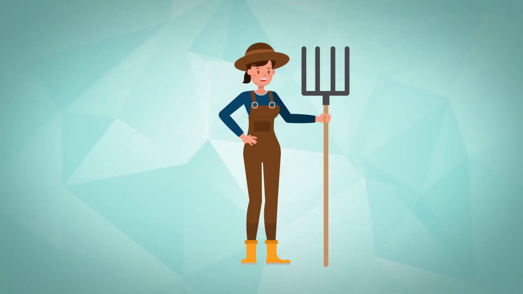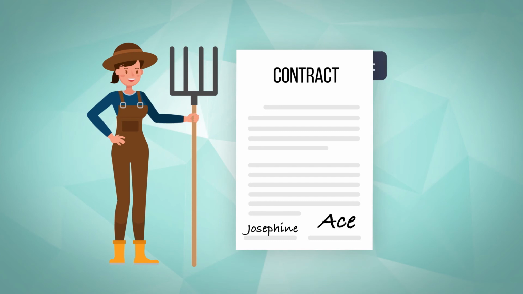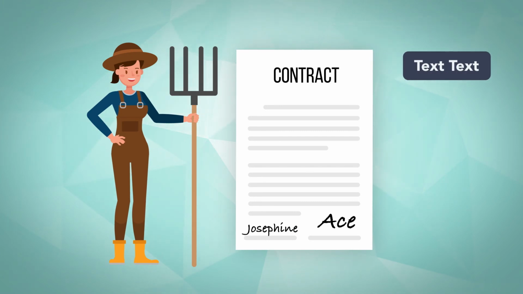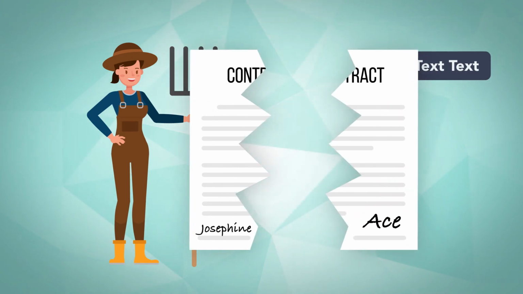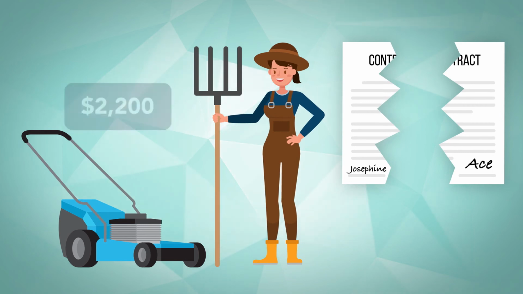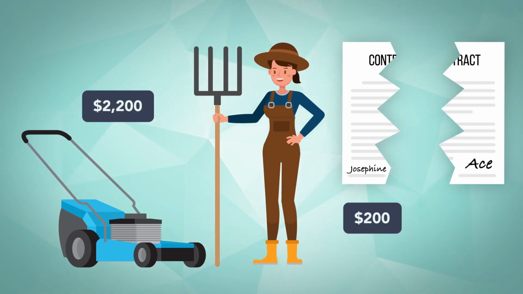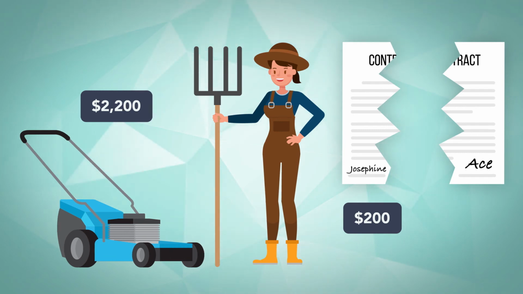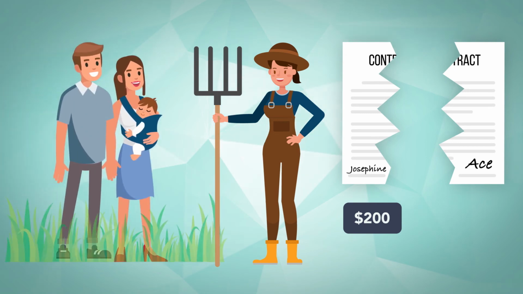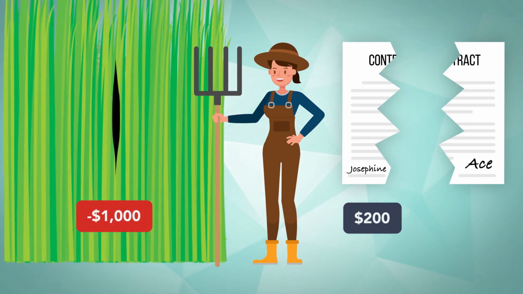For example, assume Josephine contracted to purchase a commercial lawnmower from Ace for $2,000. Ace ran out of mowers and breached. If Josephine turns around and buys a comparable mower for $2,200, she can recover the $200 price difference from Ace. If she passes up the chance to purchase a comparable mower for $2,200 and consequently loses $1,000 due to her inability to mow her client's lawns, she cannot recover the lost profits from Ace, since she had a commercially reasonable